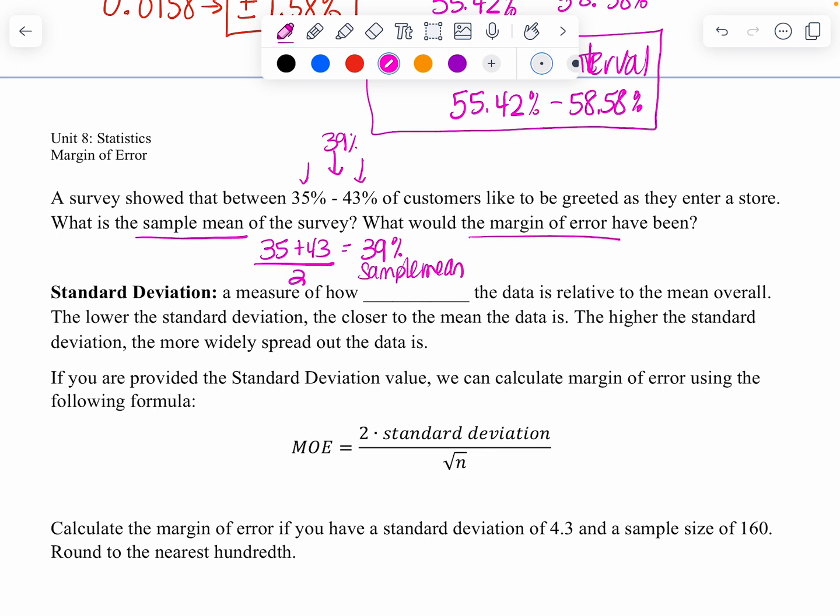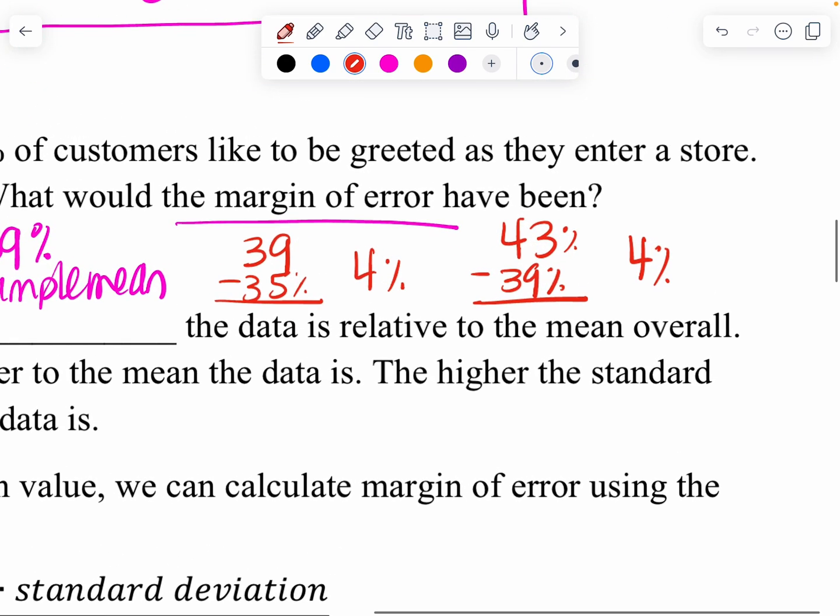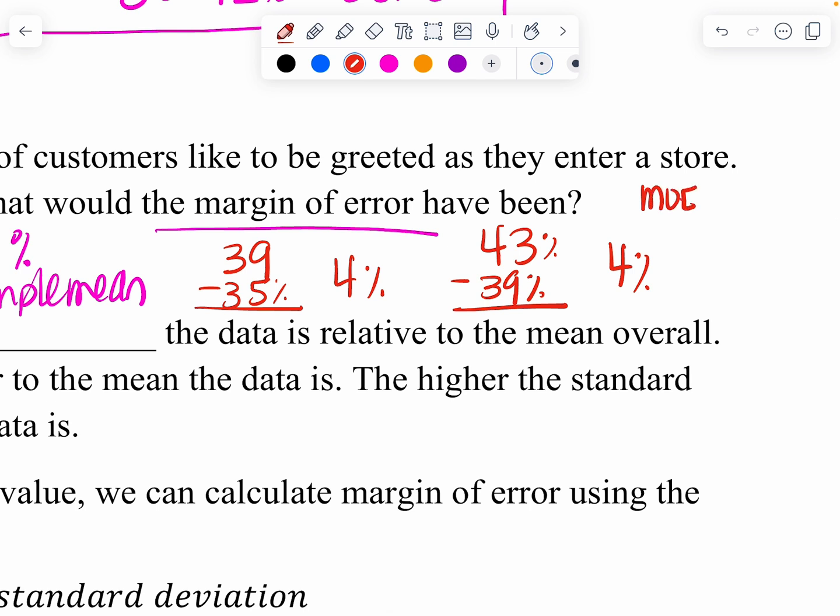So we've answered the first question. The second question wants us to calculate our margin of error. So we're going to take 39% and subtract the low end, the 35%, and we get 4%. We're also going to take the high end, the 43%, and subtract that 39%, that mean, and we still get 4%. So what that means is our margin of error is equal to